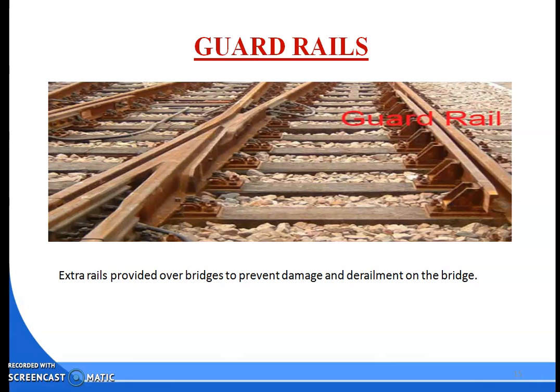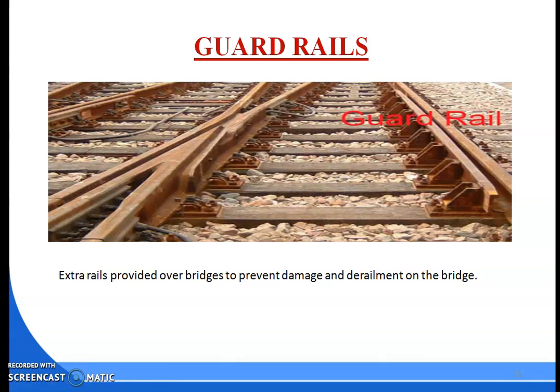Okay, and next one is your ballast creep. We know about ballast. Then what is ballast creep? Whenever there are, for example, two sleepers provided here, two sleepers adjacent to each other, and the ballast over them is loose, that will be called your ballast creep. So the definition is: the loose ballast between two adjacent sleepers is known as ballast creep.